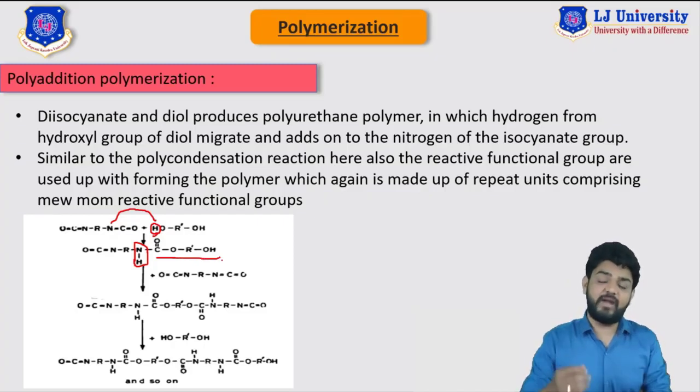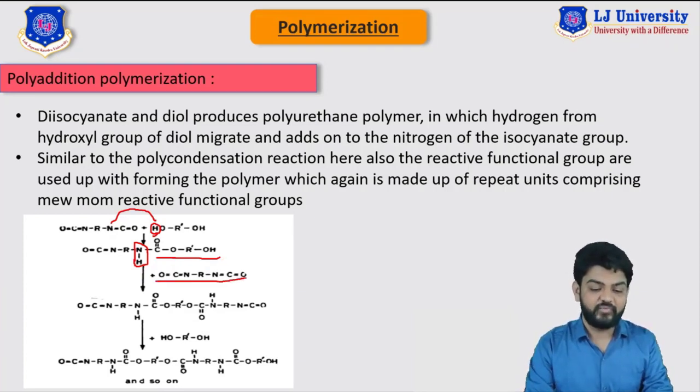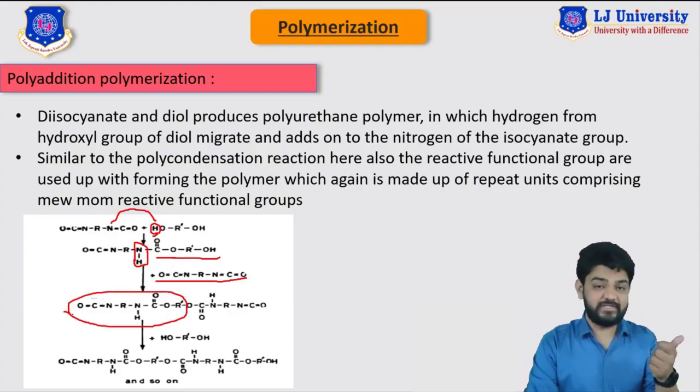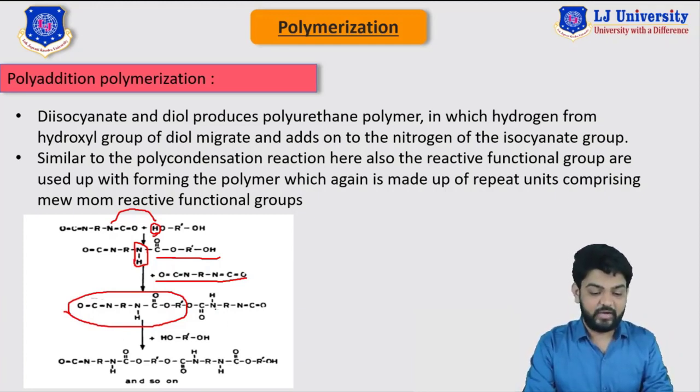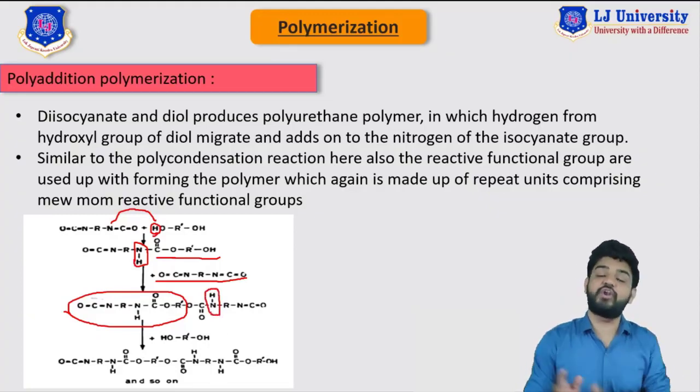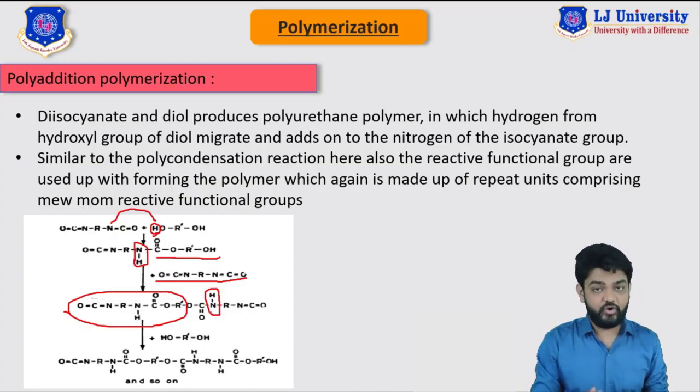Now what will happen if we add more of these diols? You can see here now I'm adding one more diol or one more diisocyanide compound, right? You can see here this is the same kind of structure that we produced in the previous step, right? Now one more cyanide group is added, so one more migration of a hydrogen atom will take place. You can see here this nitrogen is attached with this hydrogen, so one more migration of hydrogen atom will take place, and we continue to follow one long chain of the polymer. And if we add n number of such diols or n number of this diisocyanide compound, then we will ultimately